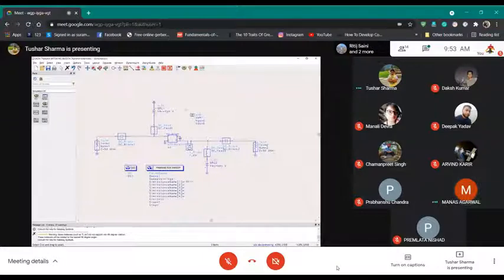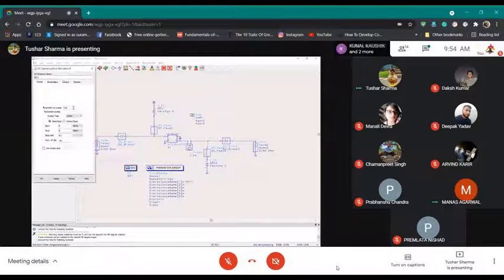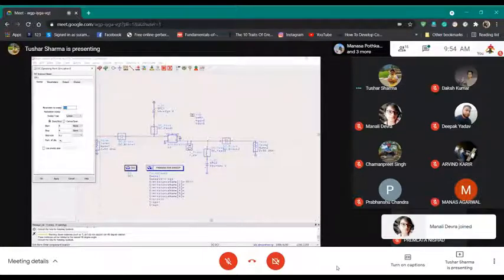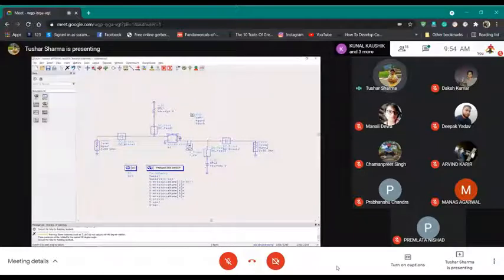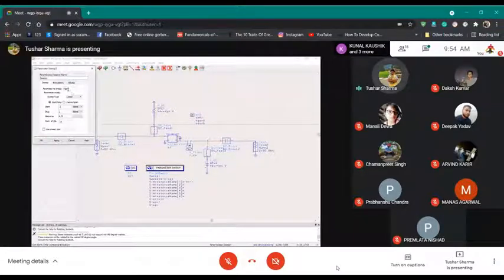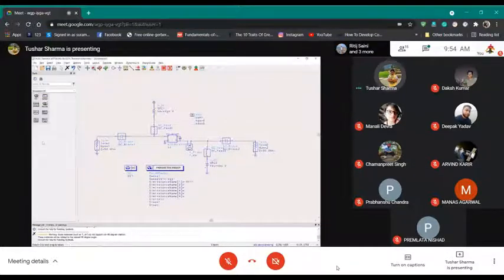Once you have done this, this is DC1. Just type parameters 0 to 4 with a step of 0.1, or maybe 0.5. Apply, OK. Similarly, for the parameter sweep, it is VGS: start, stop, step size and number of points. Once you write the step size, it automatically takes the number of points. Then apply, OK.